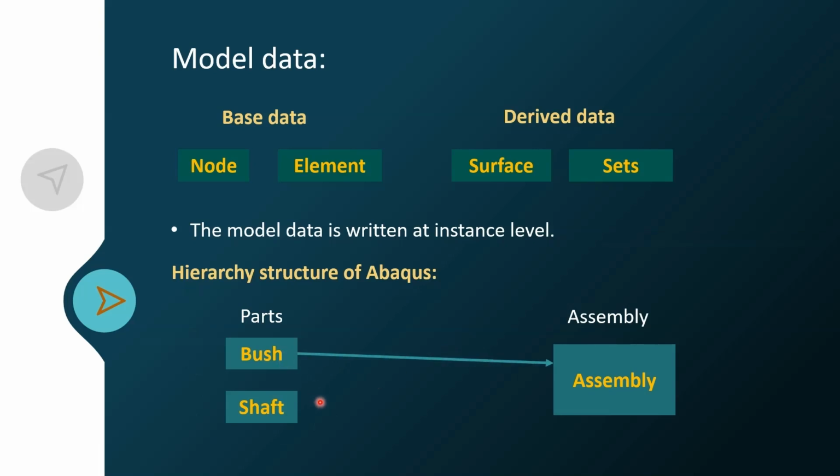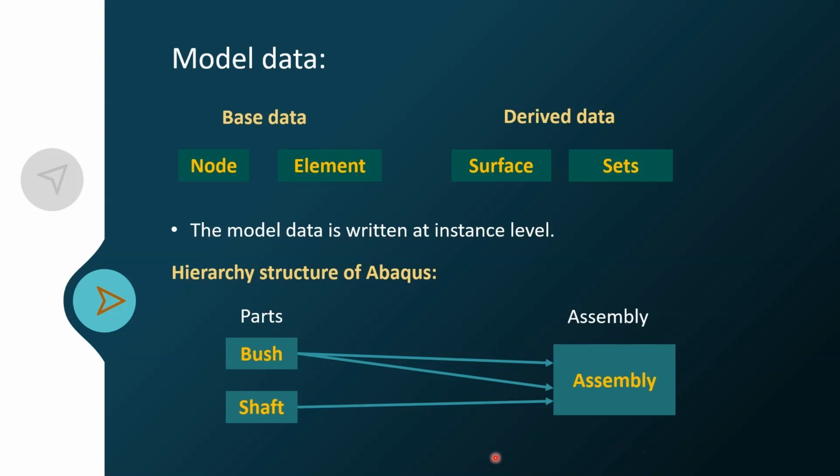Okay, so we will not directly use this blueprint; we will make multiple copies of it. Let's say in this example, as you might know, shaft will be a single part, but we may have multiple bushes in this assembly. Basically we use the bushes to support the shaft, right? So we will support the shaft at multiple places, so we will need multiple copies of the bush. Now you can see we have created only one blueprint of the bush, but we can create multiple copies of this bush and use them in the assembly.